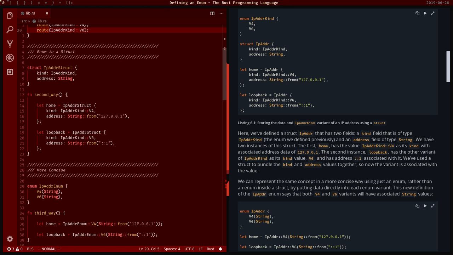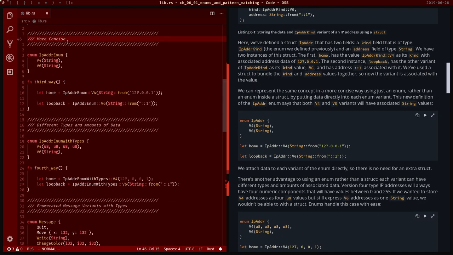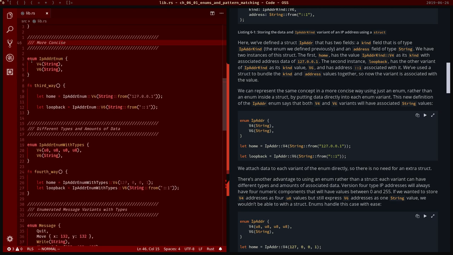This new definition of the IPAddr enum says that both version 4 and version 6 variants will have associated string values. So here I've got it more concise. Now the enum is just IPAddr, or I've called it IPAddr enum, and it's got the two variants, version 4 and version 6, and each of them has this associated data in the form of the type string. So we can say, the third way, let home equal IPAddr version 4,